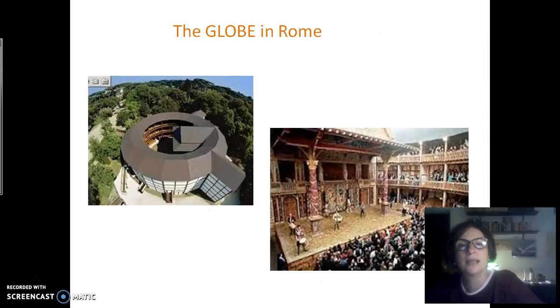Okay, and this last picture shows you a typical Elizabethan playhouse. It is not in London, it is not in Copenhagen, it is in Rome. It is built in Rome, it is really faithful to its original, and well, my promise is that we'll go and see one of Shakespeare's